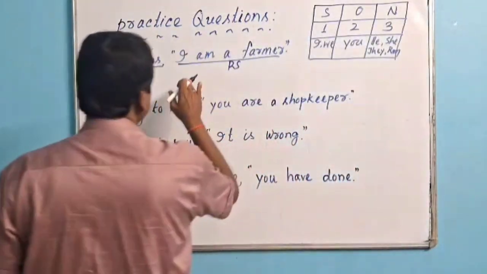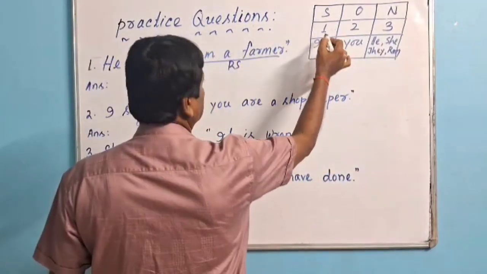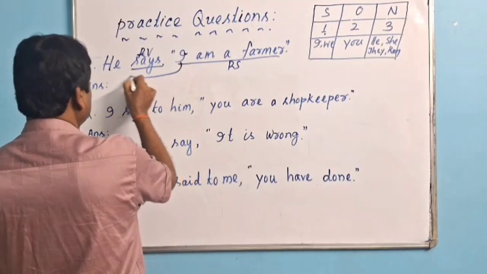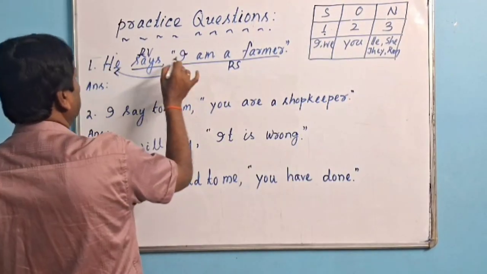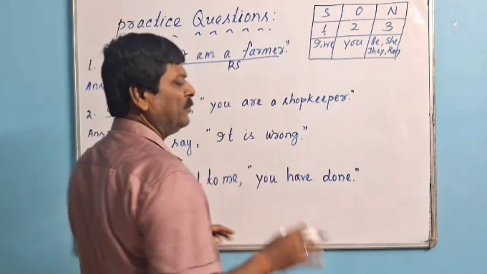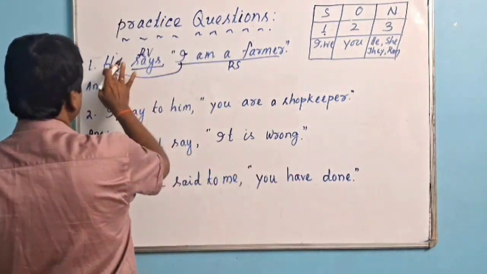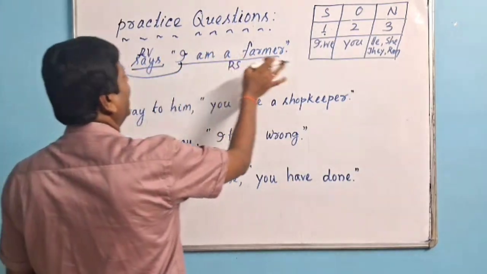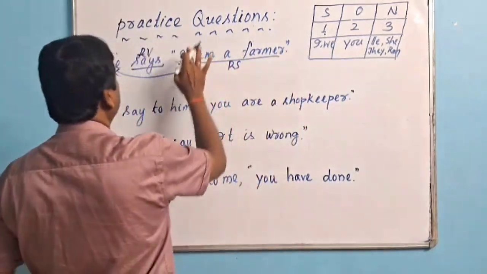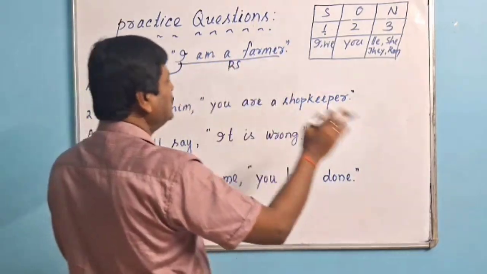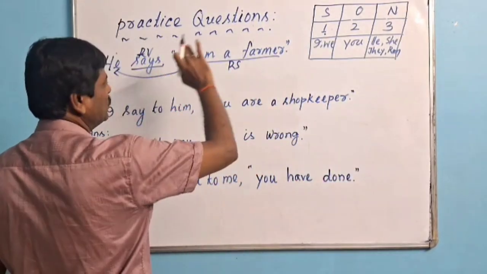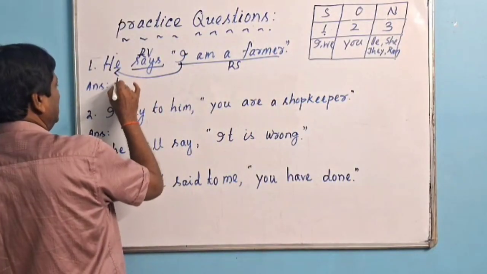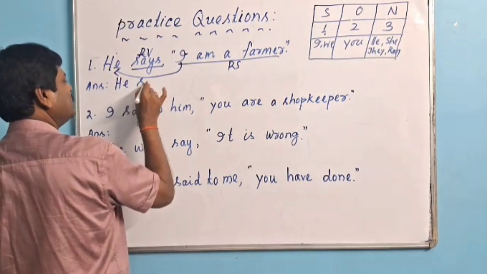How will the person change? So here you see, first person refers to the subject. This is first person, so it refers to this he. He in the introductory part and I in the RS part are both the same. So while changing it from direct speech to indirect speech, we have to convert it like this: He says,